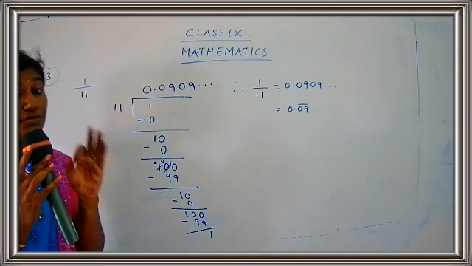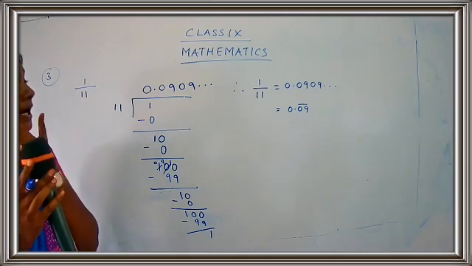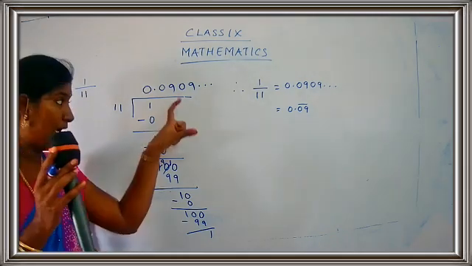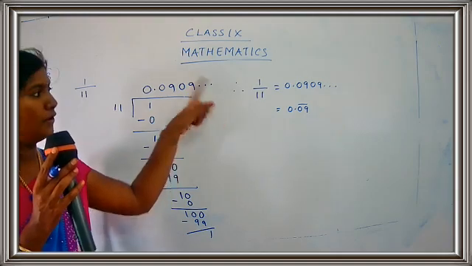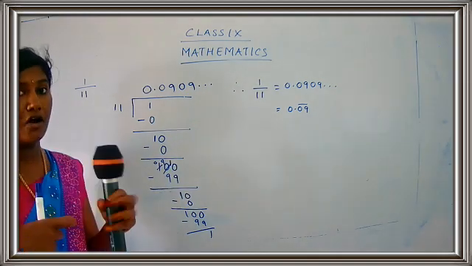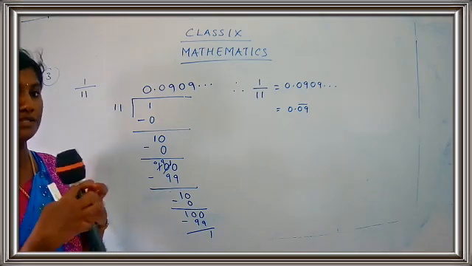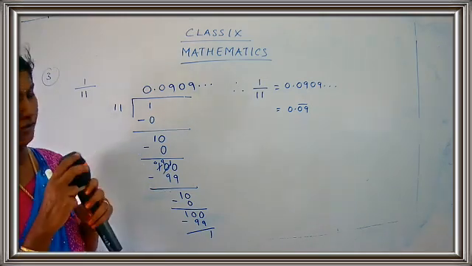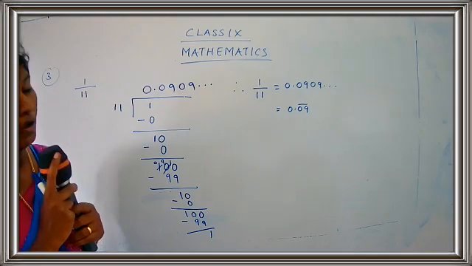I told you we have to do 3 divisions. We have to find out 3 answers. But we are going to do only 1 division. And for the other answers we are going to use one and the other and get the answer. I have told you they are interlocked. So we are going to use the relation and find. So we have found the answer for 1 upon 11.